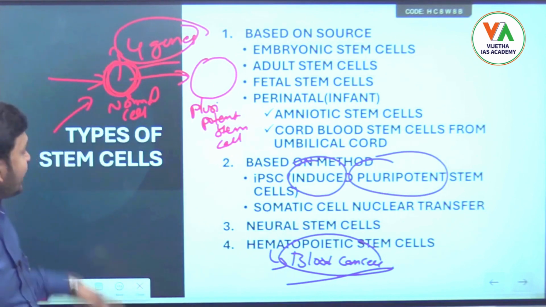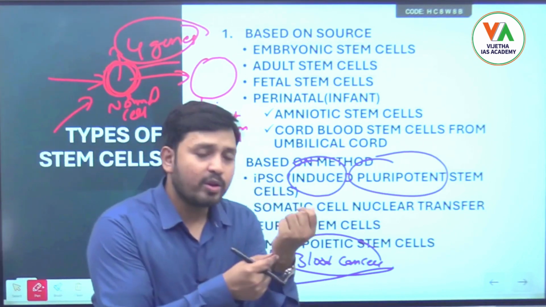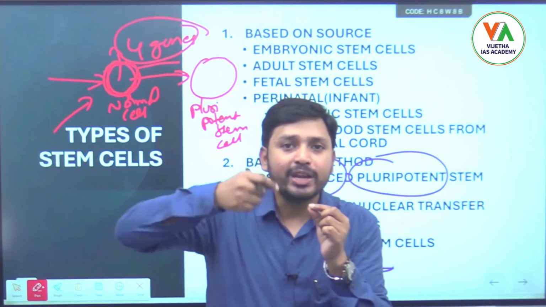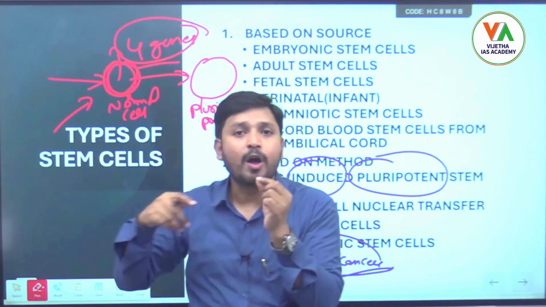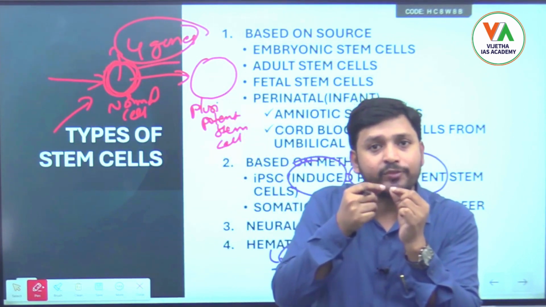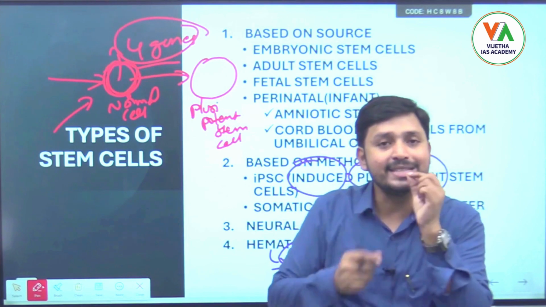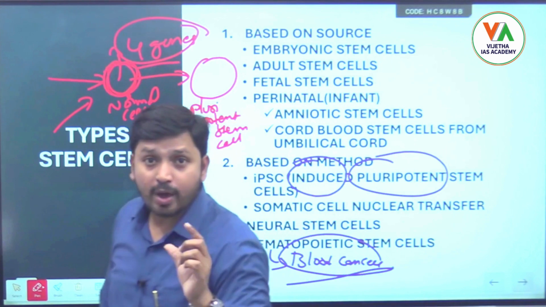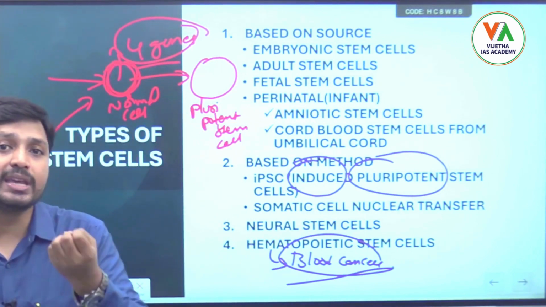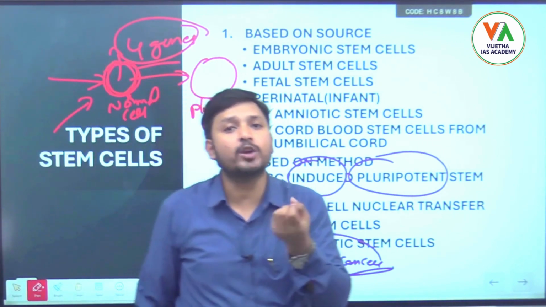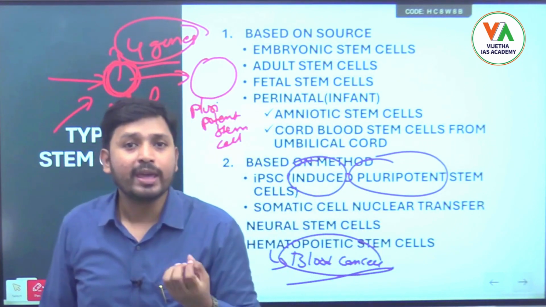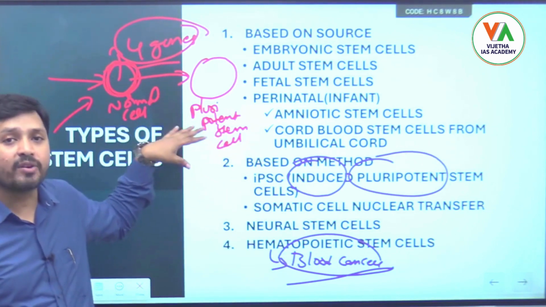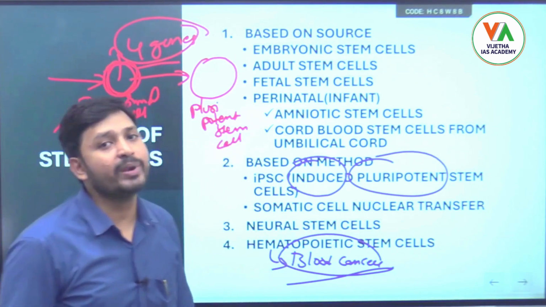But now, in this case, I am taking a skin cell from my body, and in that skin cell I am inducing some changes in these 4 genes, so that the skin cell now acts as a stem cell, which is a kind of pluripotent stem cell. Is there any chance of killing any zygote, fetus or embryo? No, right? Because there is no ethical concern, this method has become more popular, and because of the discovery of this technique, these scientists have been awarded the Nobel Prize also.